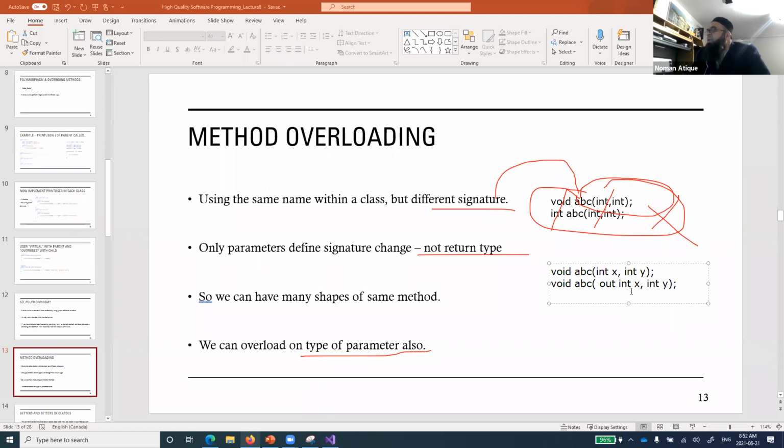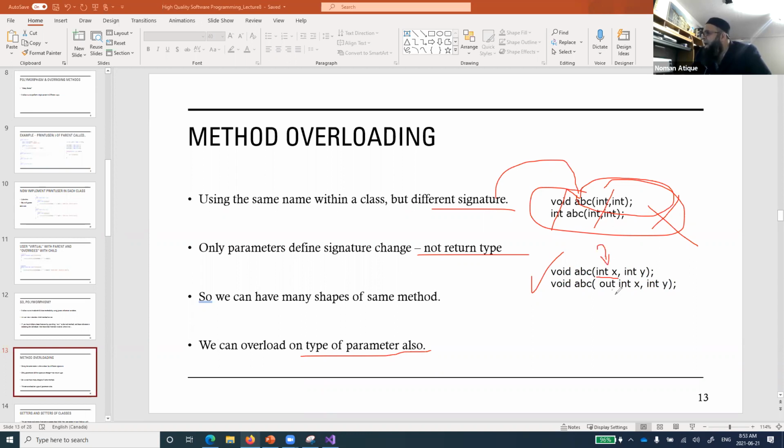So now please bear in mind, with int x and int y, these are the two values which will be accepted as parameters. And here I'm saying out, so it is the right polymorphism, or right method overloading. Why? Because int x is something that will accept the value.